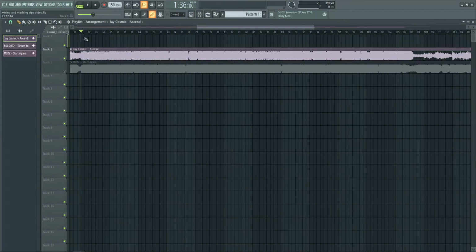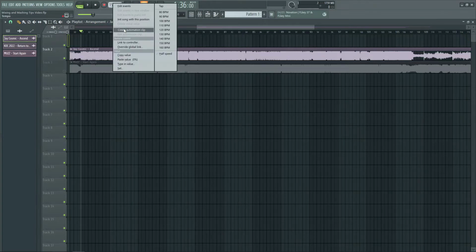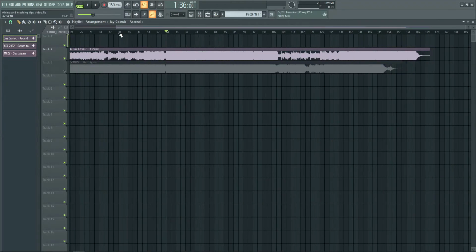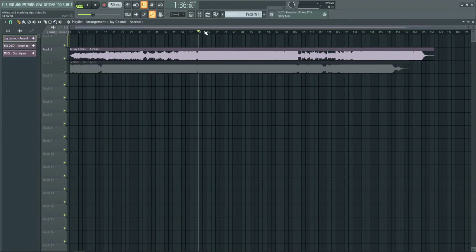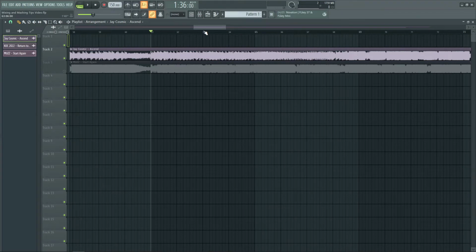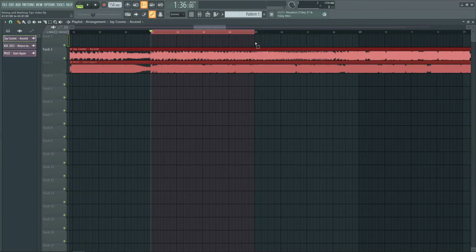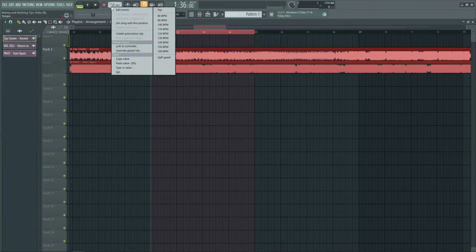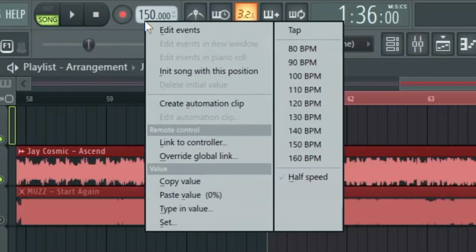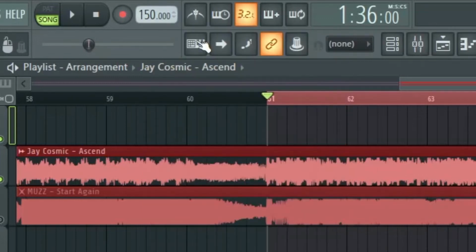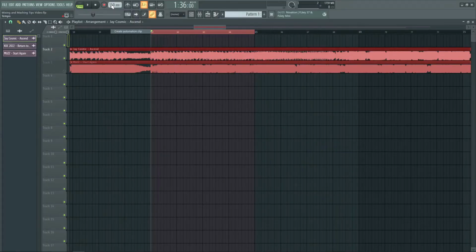Now let's go ahead and create a tempo automation. Now, if you were to right click this and click create automation clip, it would create an automation clip through the whole project. So to avoid that little bit of frustration, select the area where you want to create the automation clip first, and then right click and hit create automation clip. And a little pointer for those of you using FL, these little dots beneath the letters, if you just hit that letter on your keyboard and you have this turned off,